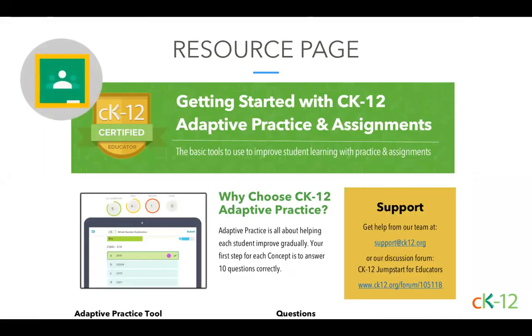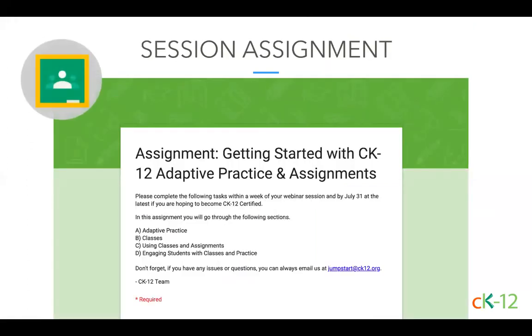This resource page can be found within the CEP Google Class, so definitely check that out. It has that short information, and as I said, on the back is that chart on when students can turn content in. And then for those of you that are looking for certification, you'll see our assignment within Google Classroom as well. That assignment, you can just click on the link to the form. Once you submit it and see the confirmation screen, you can mark that assignment as done within Google Classroom to track for yourself. You don't need to attach anything. We'll have a record of it on our end, so go ahead and do that. All assignments should be completed before the end of July, so make sure that as you're working your way through these sessions, you're doing the matching assignment as well.